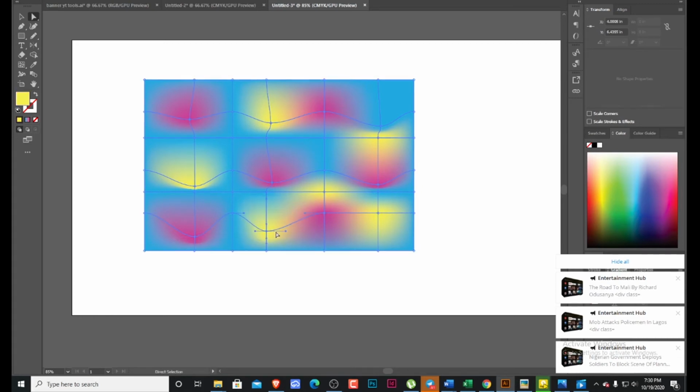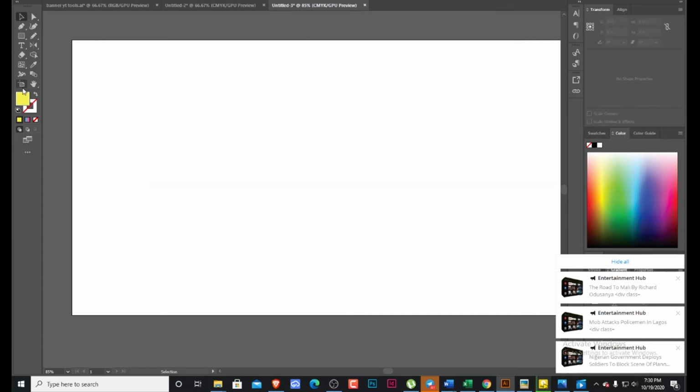You see what we are doing now is to kind of give us a 3D form in a 2D space. All right, so even though we have a flat 2D space, we want to create an illusion of 3D within that space, and that's what we are doing. And the gradient mesh tool is the perfect tool that gives you that kind of feel. So realize that you have something that sort of looks 3D right now as we speak. So enough on the gradient mesh tool. We can now head straight to the